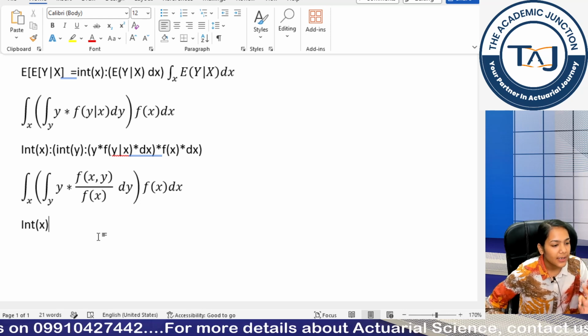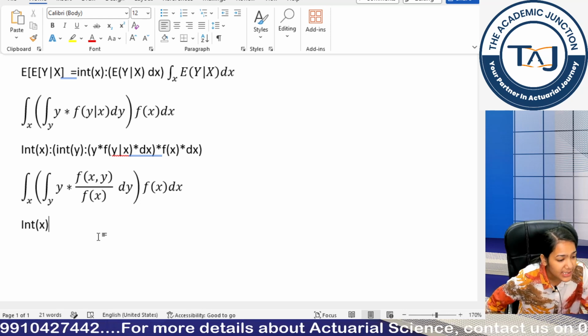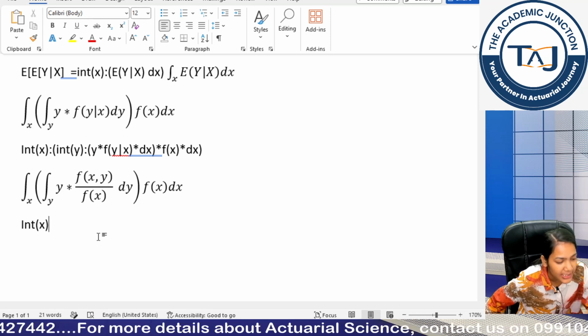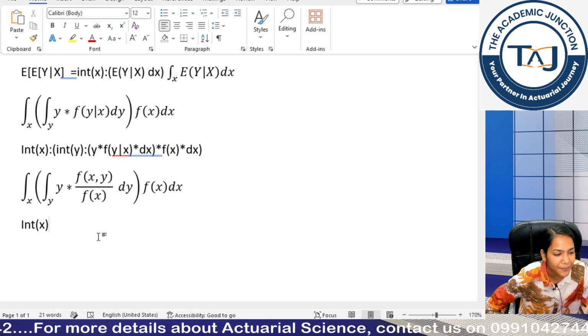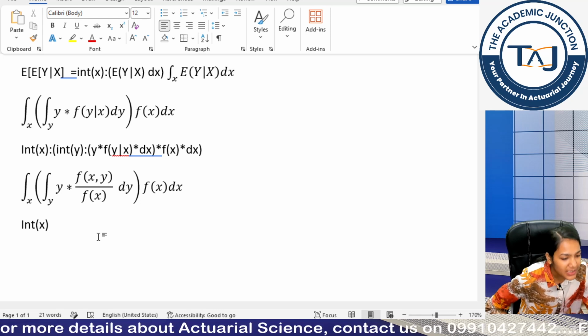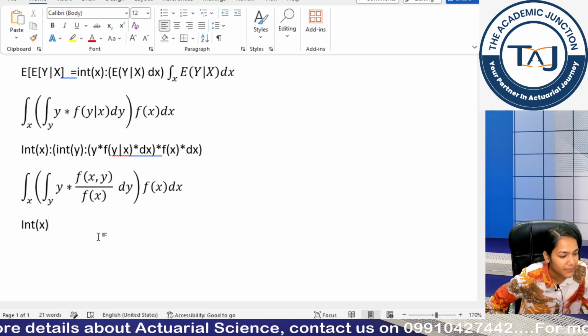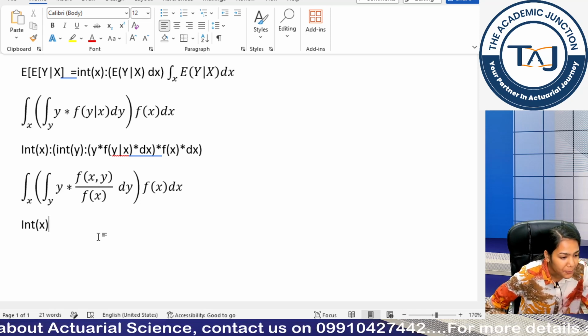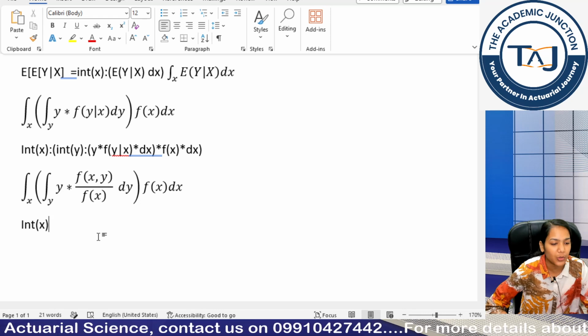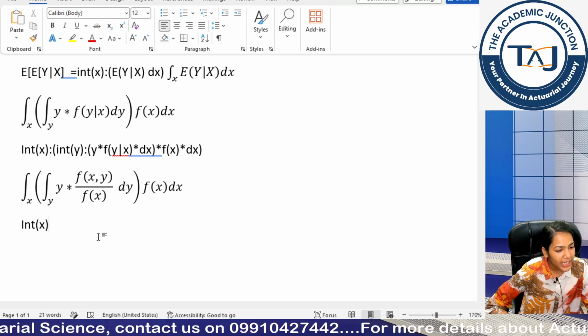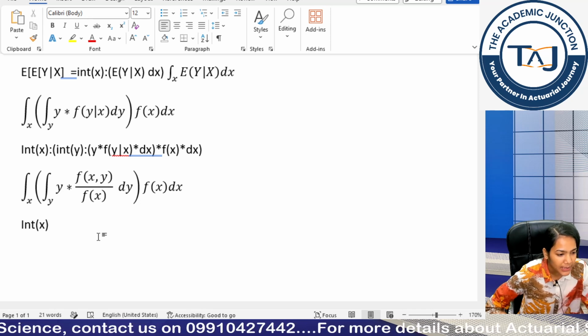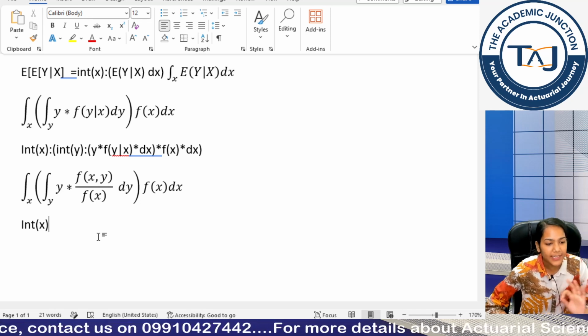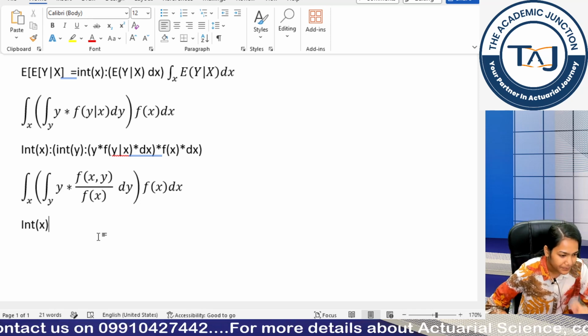In case something happens and the equationator glitches during the exam, you must not panic because you are comfortable with normal typing as well. That's why in my class I am teaching you both approaches. So be comfortable with both approaches. Use the equationator more if you like, that's completely up to you, but have a basic knowledge of the normal approach as well.